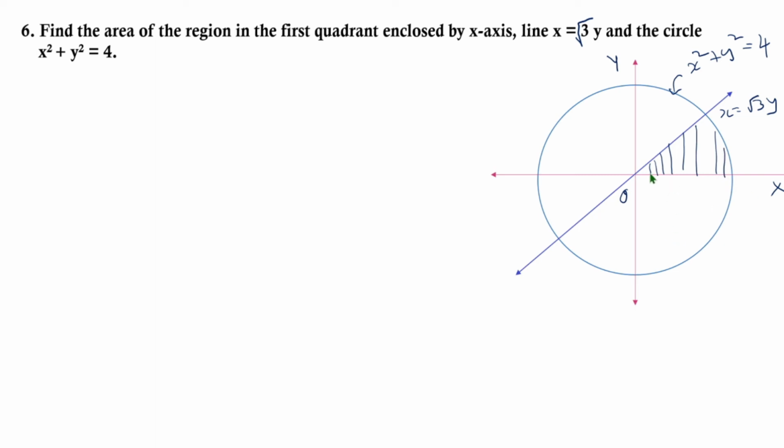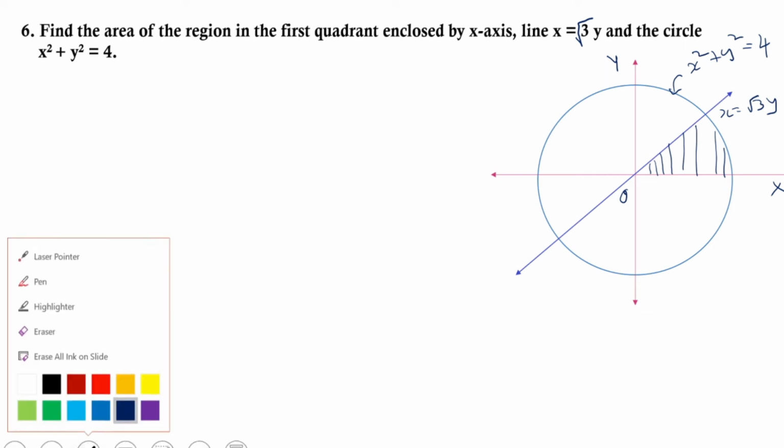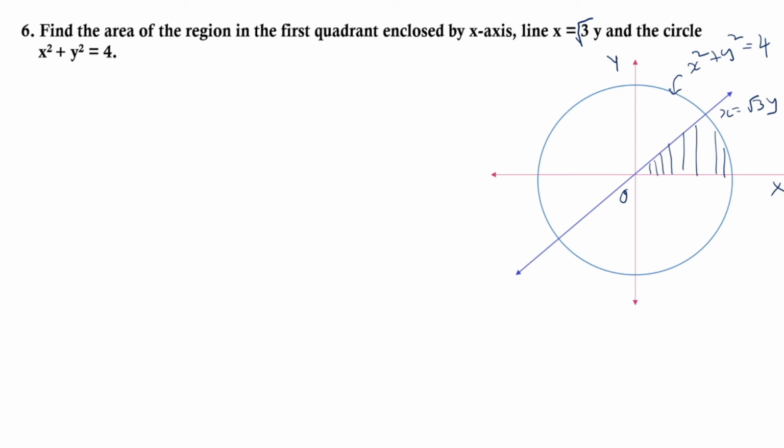Here we cannot find the area of this region directly. We have to draw a straight line from the point of intersection of the line and the curve to the x-axis. Only then we will be able to find the coordinates of this point. So let us draw a straight line to the x-axis. Let these be A, B and C. So the required area will be area of the region OACO and ABCA.